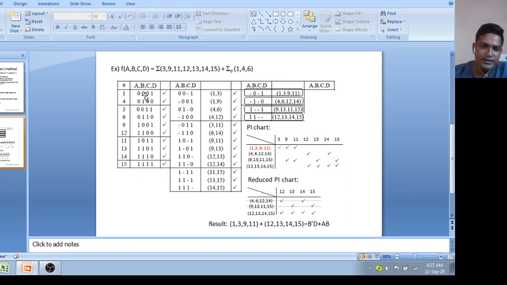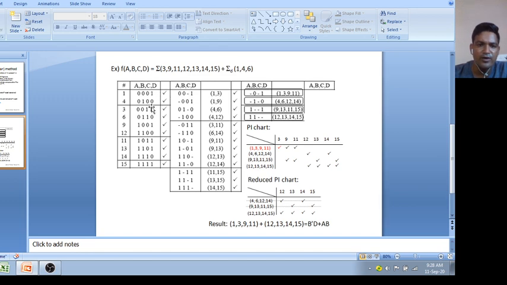Now you will compare this group with the next group, and so on. First we compare this and this, and you have to check the box, marking this symbol. Now 0 0 1 and 0 0 1 1, is this possible? Yes, because only one variable is changing. 0 0 are the same, and one position is changing, 1 1 same. So where it is changing, just write a dash. So 0 0 dash 1, that is 1 3.